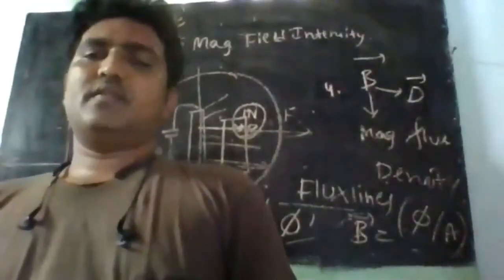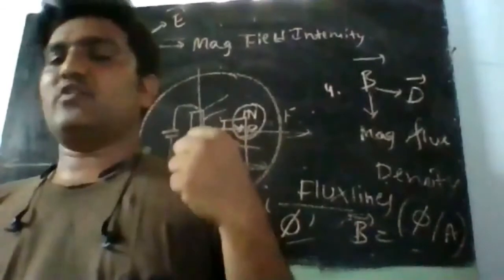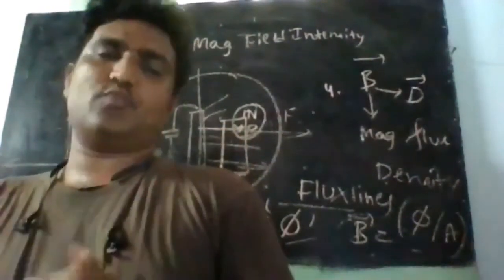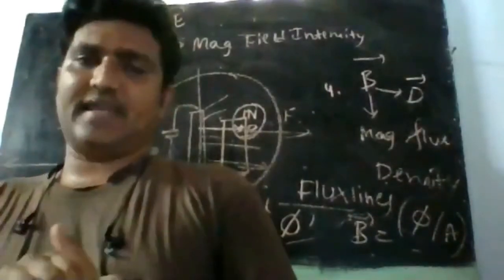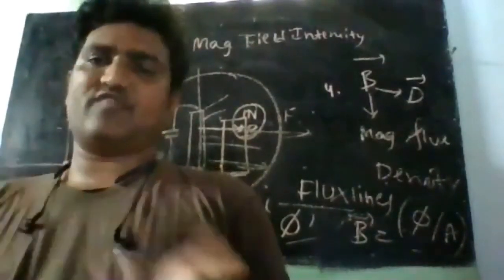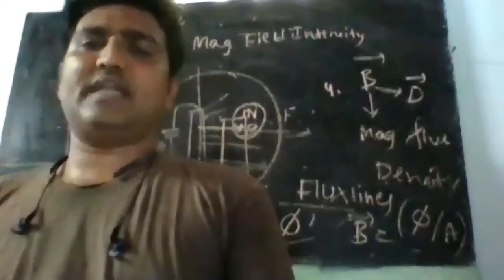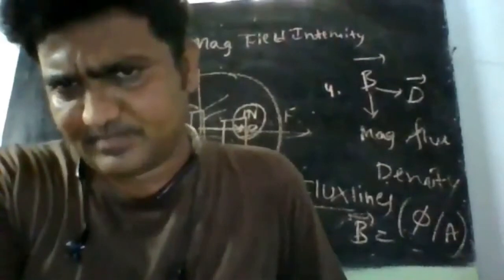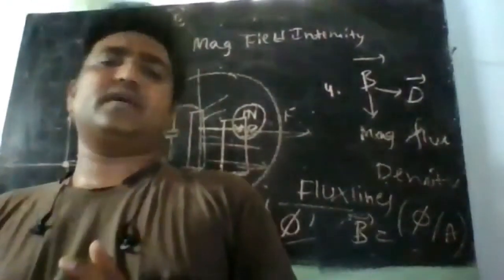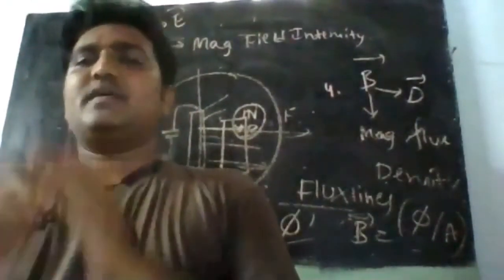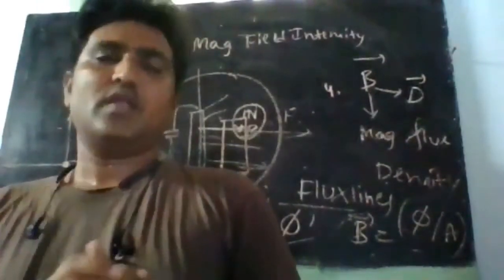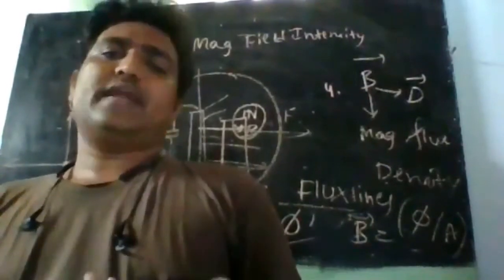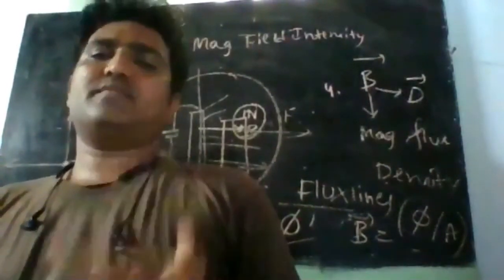Then again Faraday also said that the magnetic force you produce will be in the form of lines. Those lines are called flux lines. The magnetic flux lines will start at the north pole and end at the south pole. Always they will be closed, in closed loops. That's the point. Next is how to measure magnetic field.